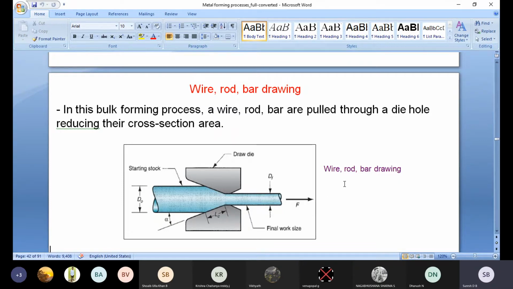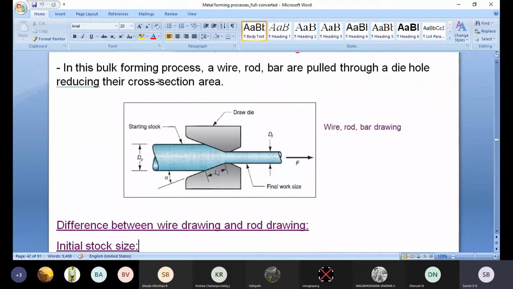Wire, rod, bar: all three have circular cross sections only. These three are manufactured by using the drawing process. We can manufacture solid or hollow circular components or objects by using the drawing process. The difference between